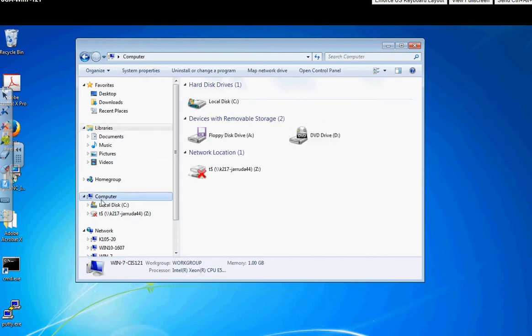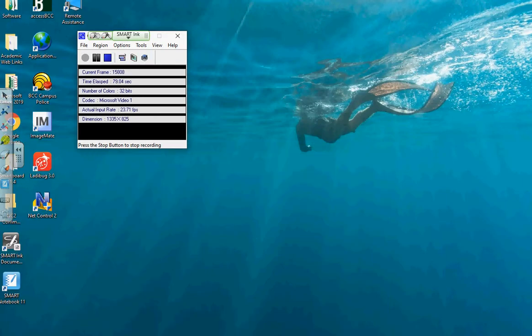Windows 7 has an icon on the left here called Computer. And over on the right, as you can see, I'm running out of disk space on this virtual machine. But on the right, you can see the categories: hard disk, devices and removable storage, and the network location. So it kind of categorizes your storage based on a category. That was Windows 7. Okay, Windows 10, which is the machine that I'm physically sitting at right now, when you